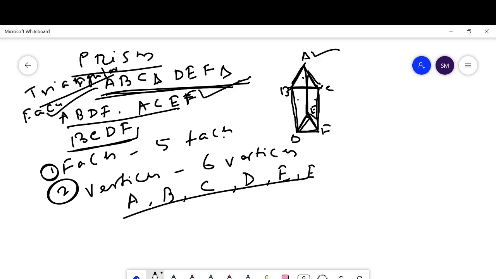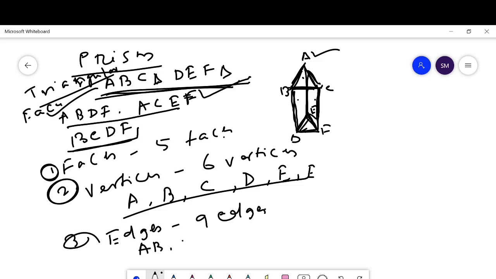Then the edges are how many edges? 1, 2, 3, 4, 5, 6, 7, 8, 9. 9 edges. And the edges are A, B, B, C, A, C, D, E, E, F,